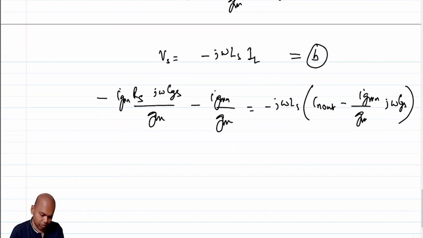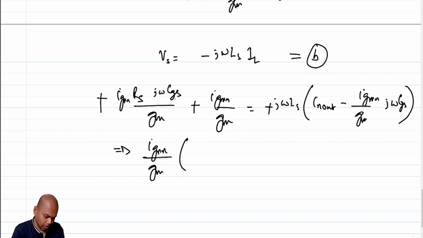So you see, IGMN over GM is common for many of these terms. So by the way, I'll make everything plus. Which means that IGMN by GM is J omega CGS RS plus 1,